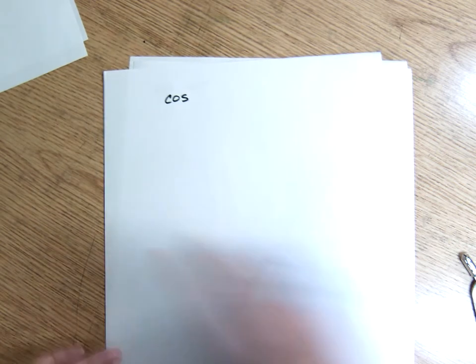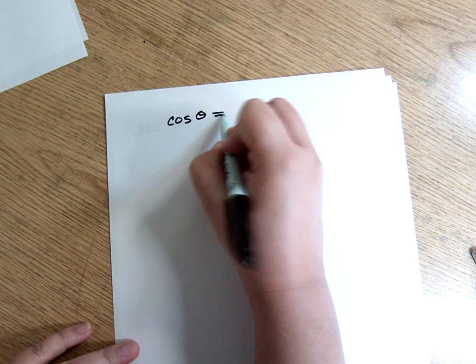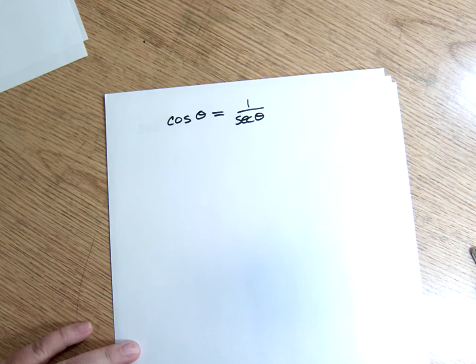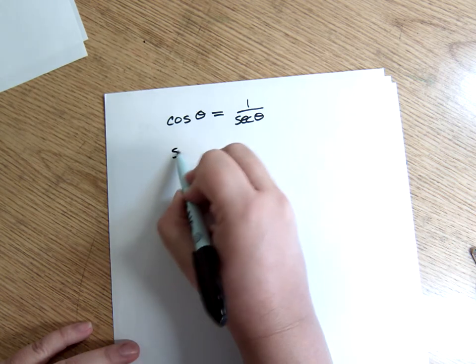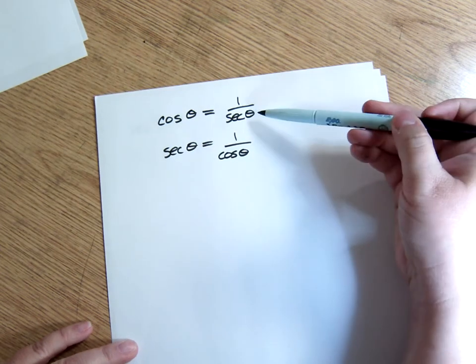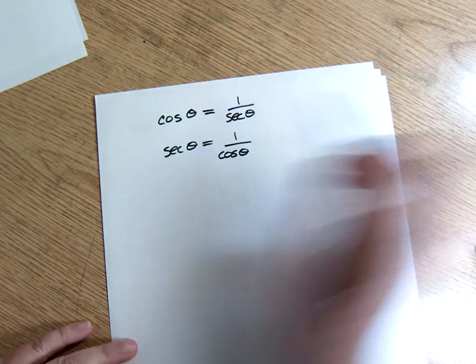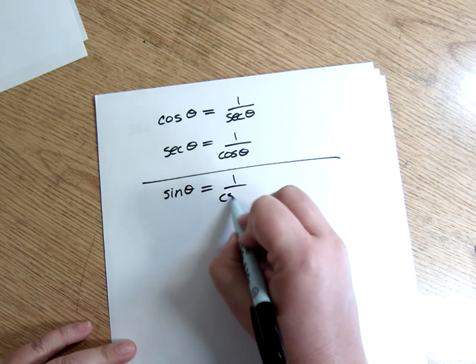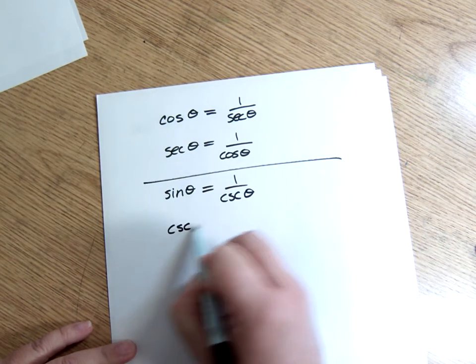Today in pre-calc, we were talking about the fact that each trigonometric function has a reciprocal function, meaning, for instance, that the cosine of theta is the reciprocal of something called the secant of theta, okay? And vice versa. The secant is the reciprocal of the cosine. And this is just a fancy way of saying 1 divided by something, that's the same thing as saying the reciprocal. Then we have the sine, which is the reciprocal of the cosecant, and the cosecant is the reciprocal of